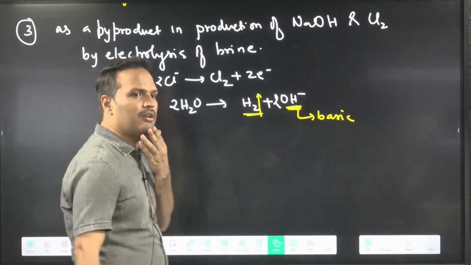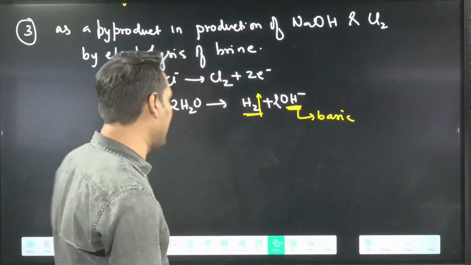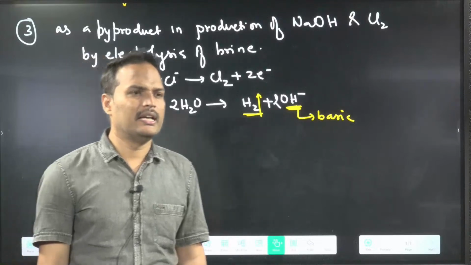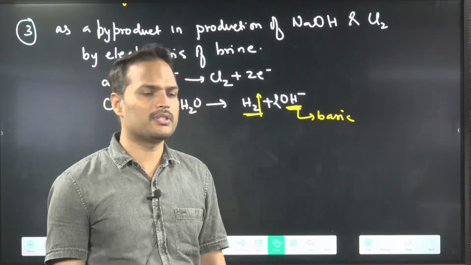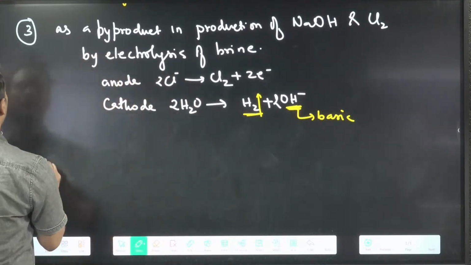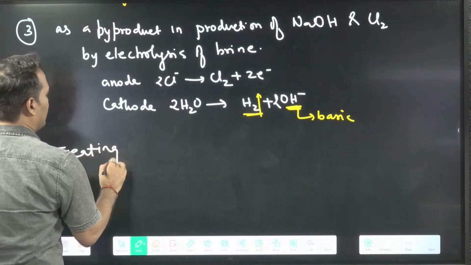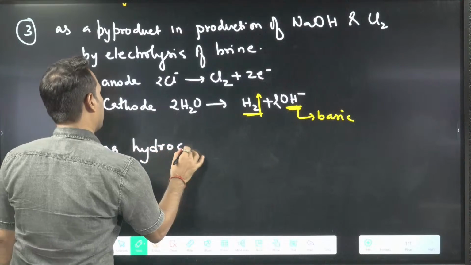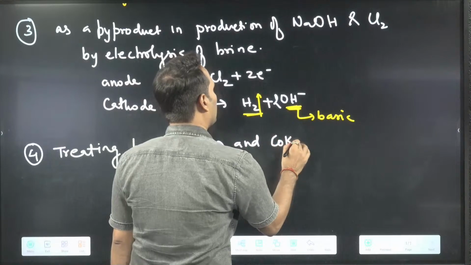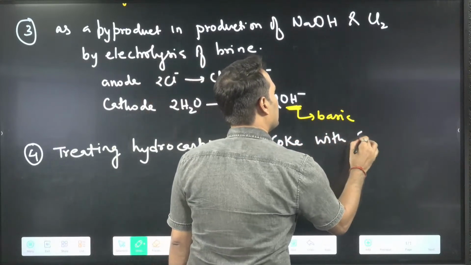What is the next reaction? Do you remember? This reaction which we are going to write next, it comes in, where it comes? It comes in carbon family. It comes in organic chemistry also. What they will say, you know, fourth point, they will say ki treating what? Treating hydrocarbon and coke, or you can say anything you can use, or coke with steam